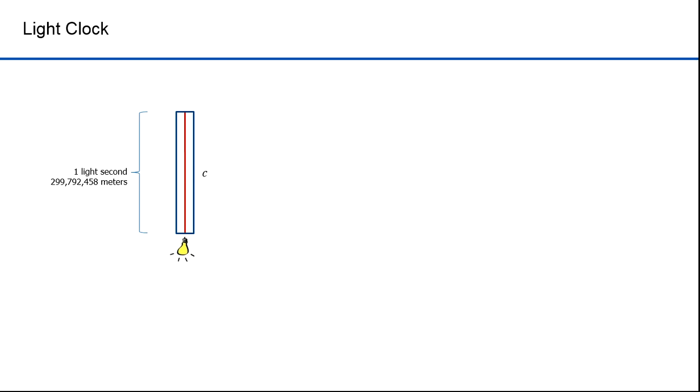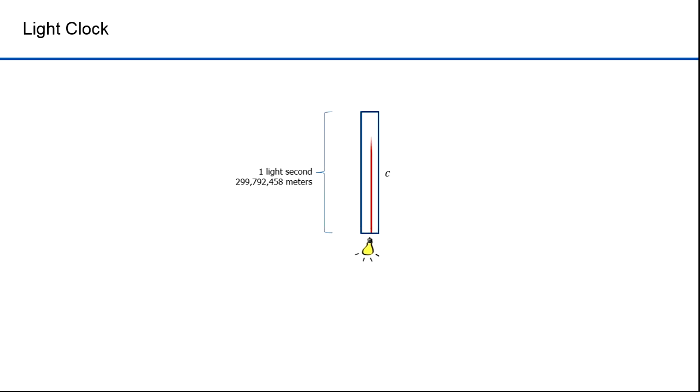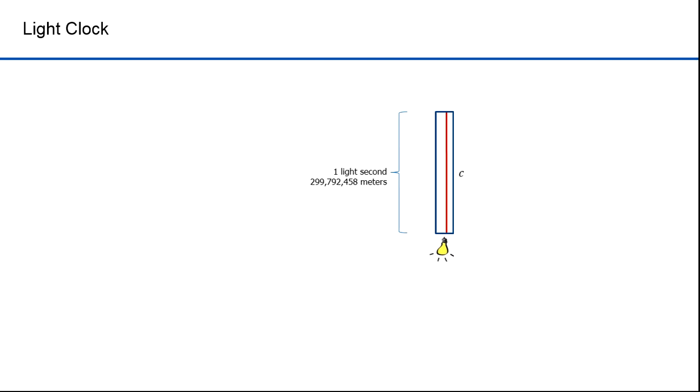Now let's put the apparatus in motion. Turn on the light and the beam reaches the top. Now let's look at the geometry of this. Imagine a light pulse from a single emitter. The light propagates out in 3 dimensions in free space. This animation demonstrates that in 2 dimensions. The pulse starts the electromagnetic wave. From there on, it self-propagates at the speed of light, c meters per second.